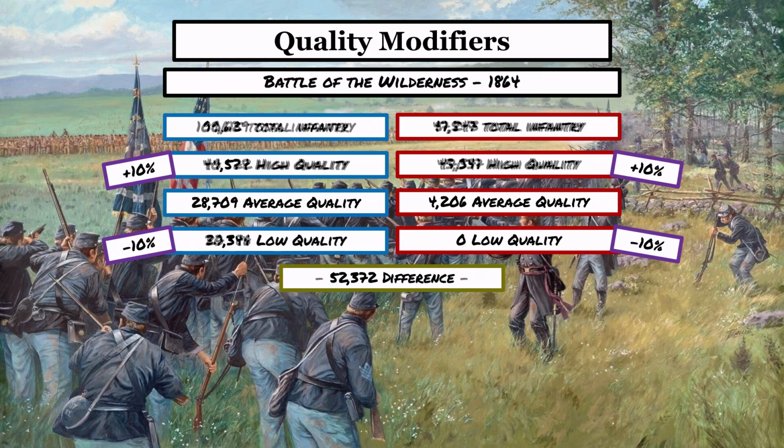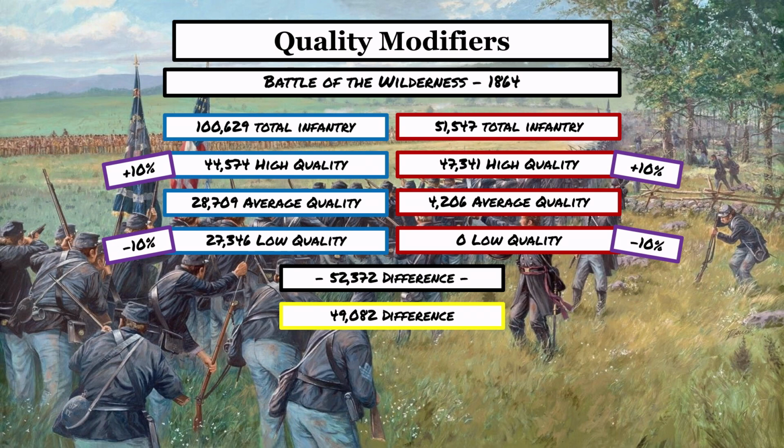And you're going to see the numbers change there a little bit, and the difference drops from 52,372 to 49,082. A difference of 3,290 men, about 2 brigades. So that's the difference. Now, if you're fighting this battle and your argument is, I can't win this battle because the Confederate ratings are too high and that 10% bonus is just too much, you probably need to reevaluate what you're doing, because you still have a 49,000 man advantage, even with this rule in place,